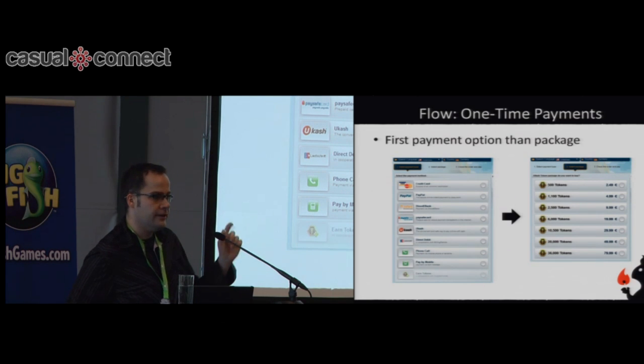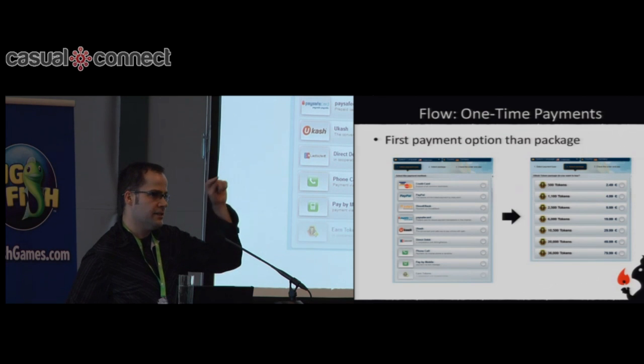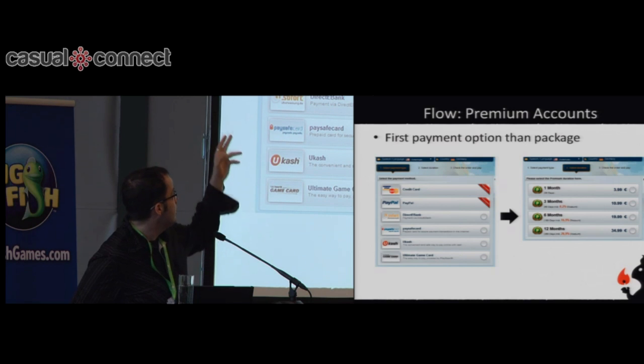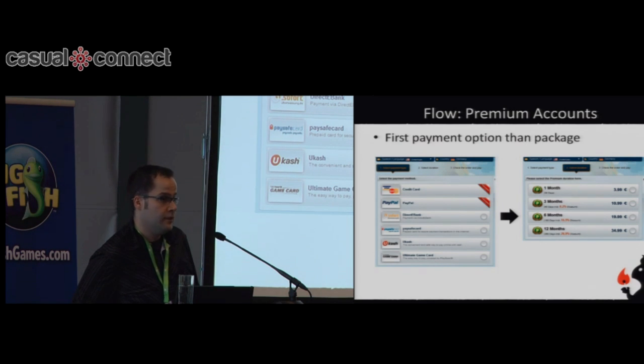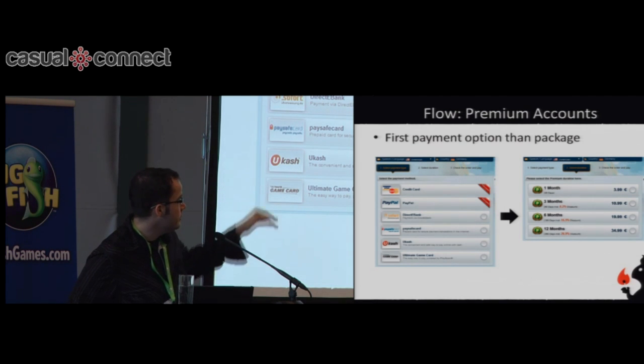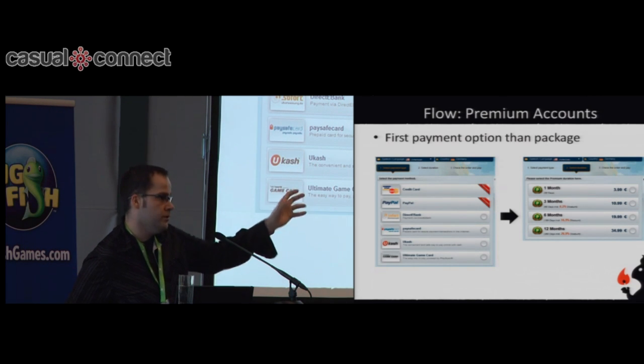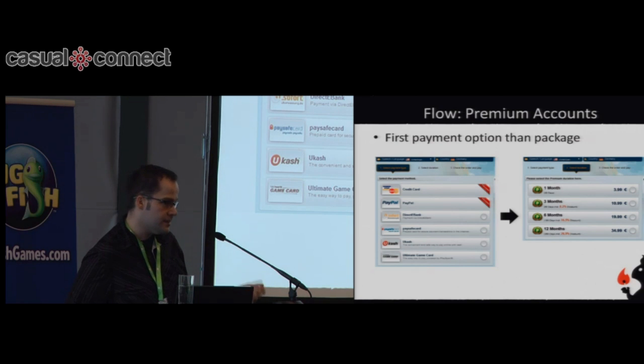I don't have the screenshot there, but if you open the game, you will see a link, say buy token, or go here to the premium model, go to the premium side. Okay? The subscription-based payments, we have highlighted them with a short banner so that the customer knows that on a monthly basis something is deducted. And of course we have discounts displayed, showing what the user can save. And you don't see it on this slide, but on the right-hand side we have an info box with customer service contact, our T's and C's, and information on the premium account features as well, so the user can go in there.